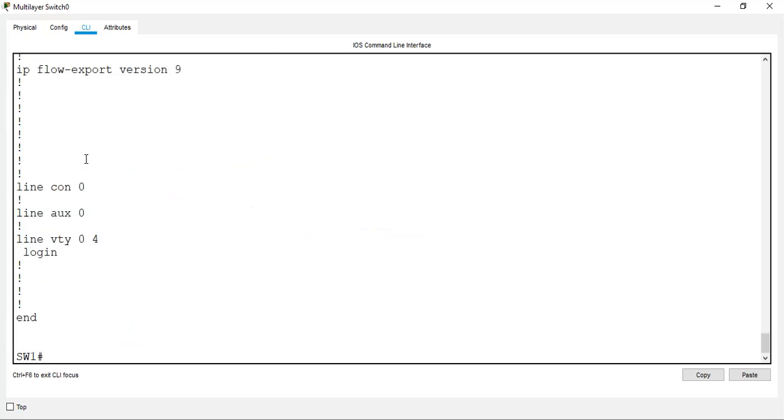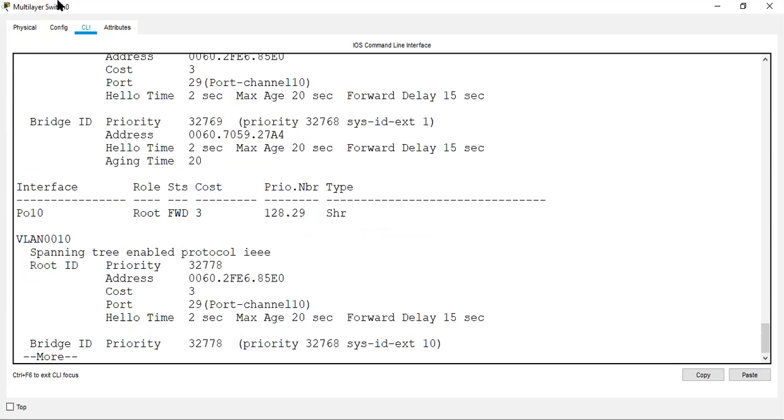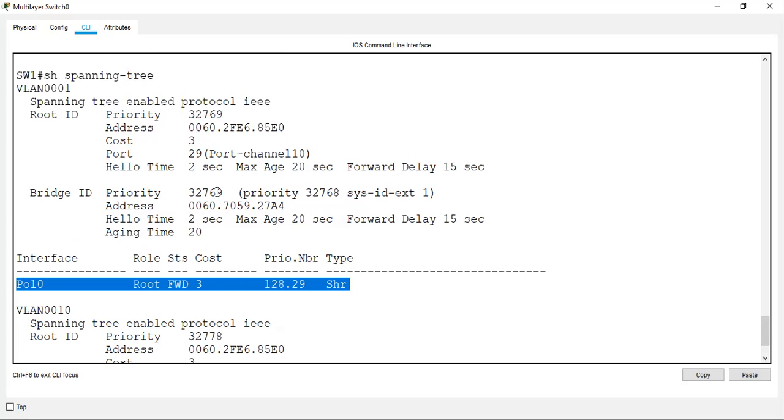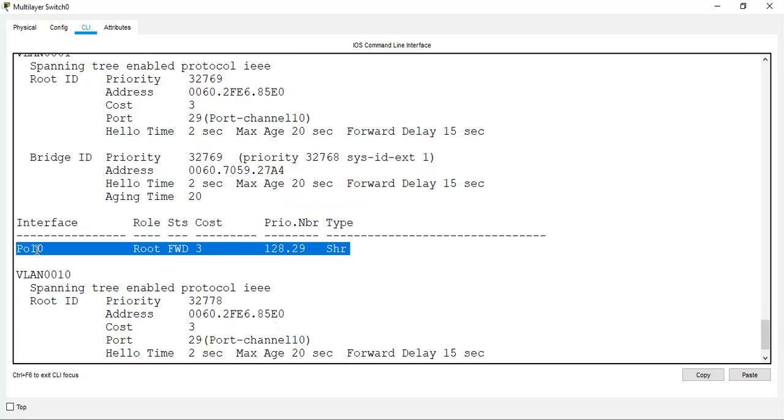So when you look into the spanning tree, you can see only one port as a logical port, and they are bundled into two, which gives multiple speed. So STP by itself cannot identify multiple physical interfaces. Therefore, all the ports are allowed according to spanning tree, and we couldn't get any blocked port.